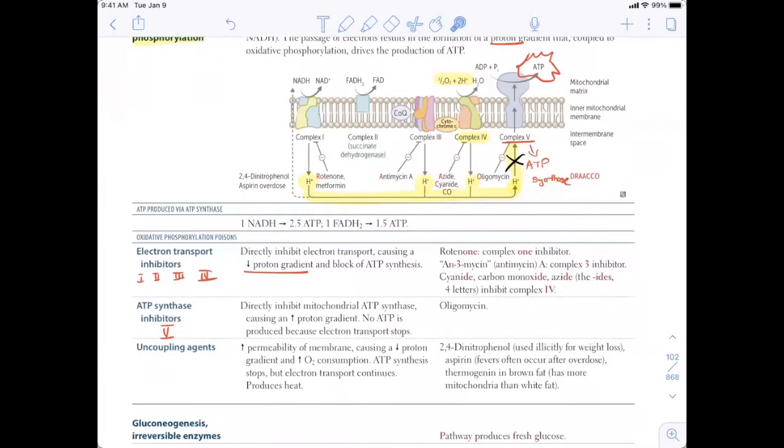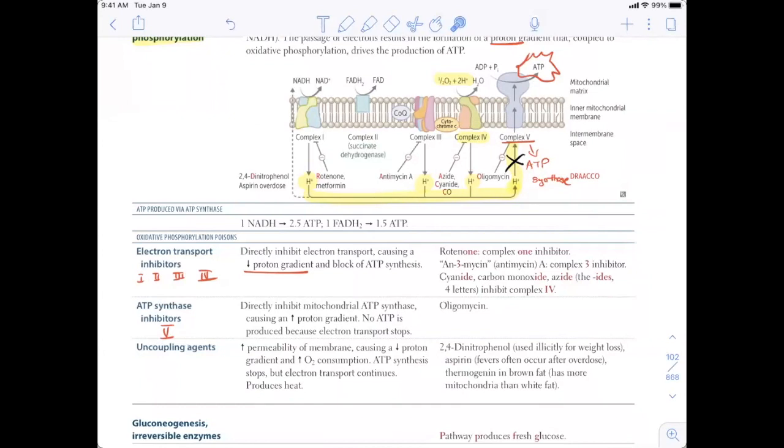And if that proton leaks, then we don't have enough proton gradient to actually power the last step. So that's why ATP synthesis is going to stop. But guess what? Do we still have electron transport? Yes, we still have electron transport, but it is a waste because we are leaking. It's almost like your car has a leaking gas tank. So you can keep putting gas in, but it's going to keep leaking and you're going to have to keep